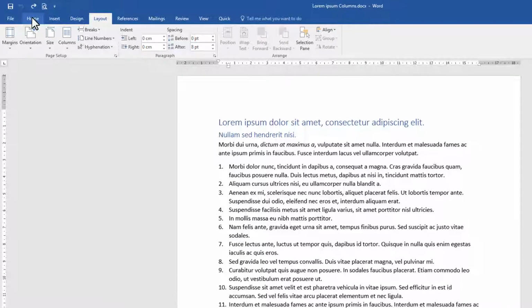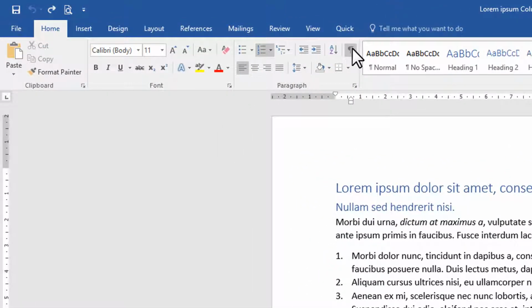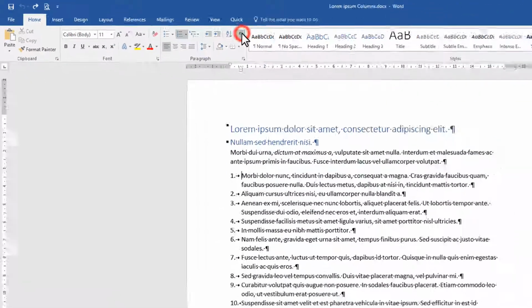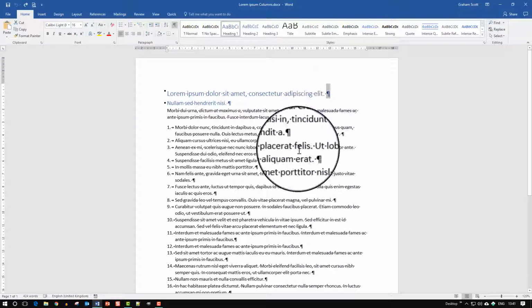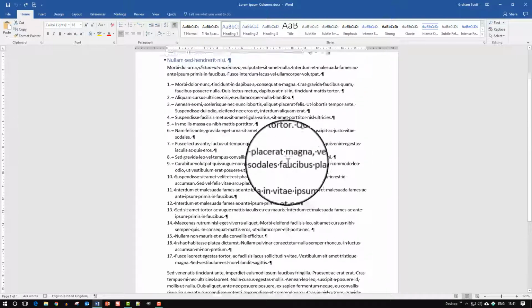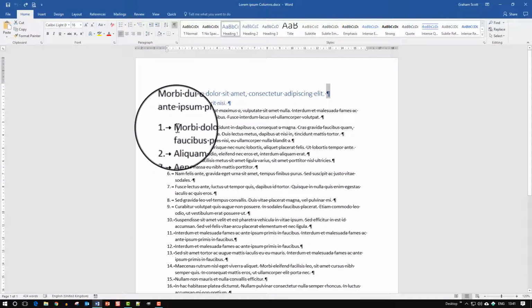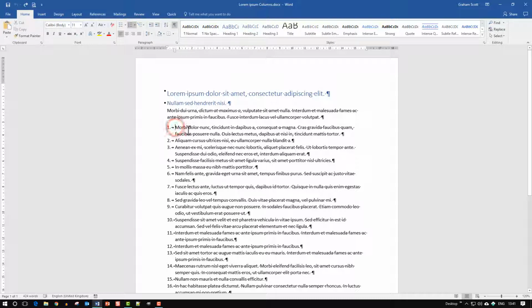If we go back to the Home tab and turn on the formatting symbols, which are very useful in situations like this, we can see that all we've got is basic paragraphs. That's what this symbol means. So the first thing we need to do is to make this top part and the rest of it into separate sections. So again, with our insertion point at the point where we want our double column section to begin,